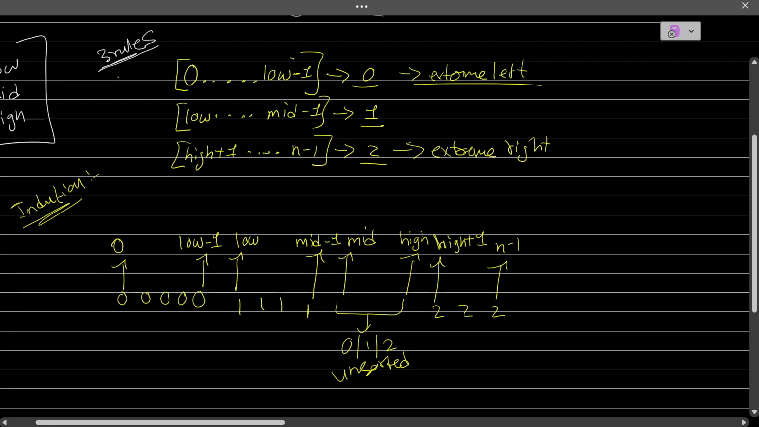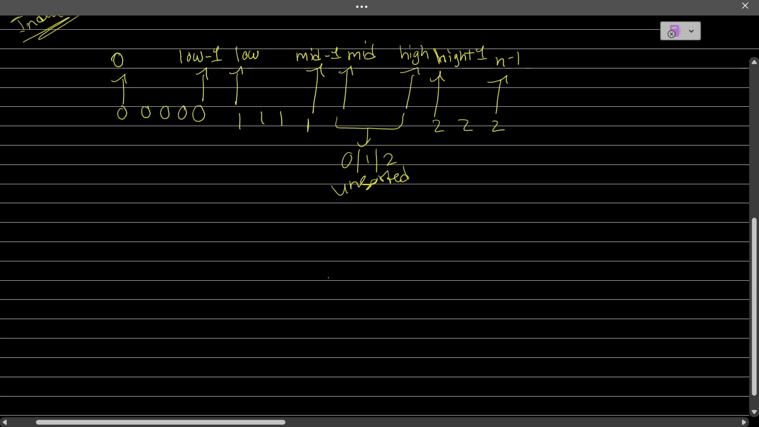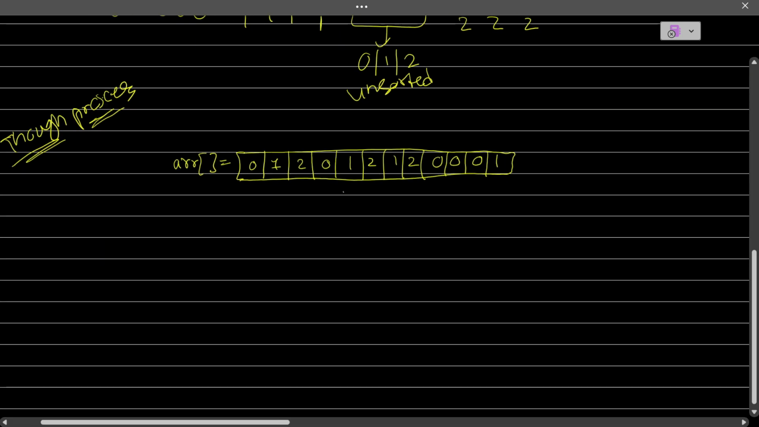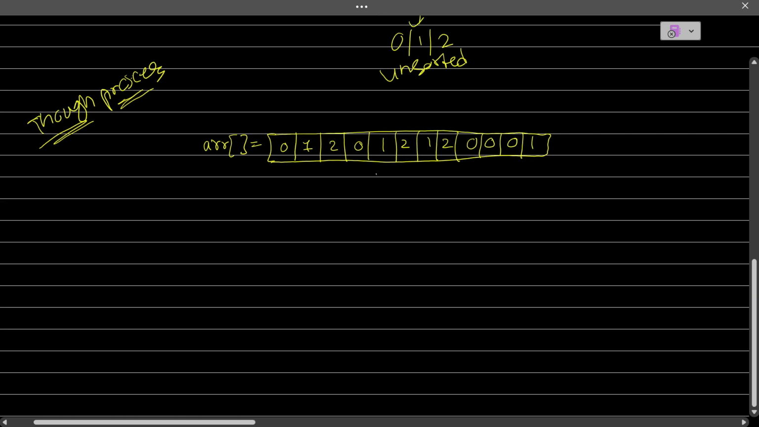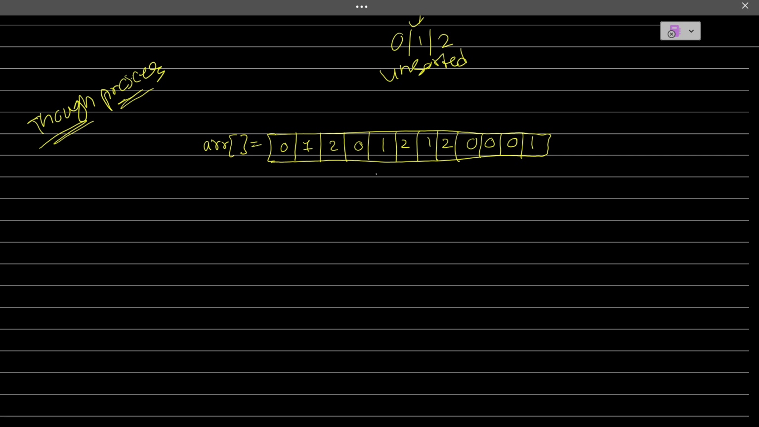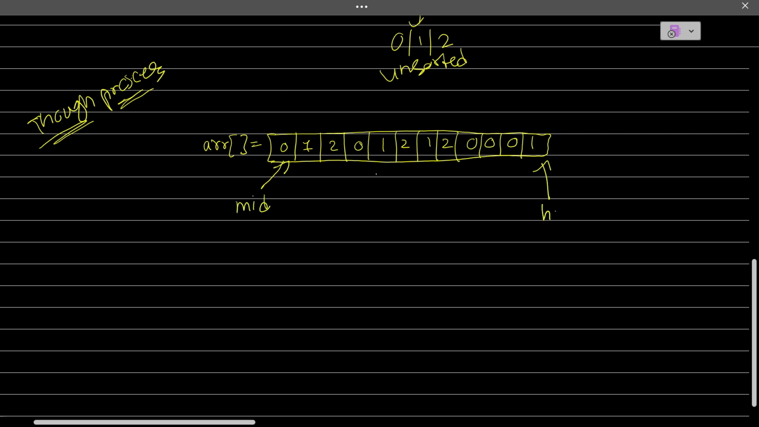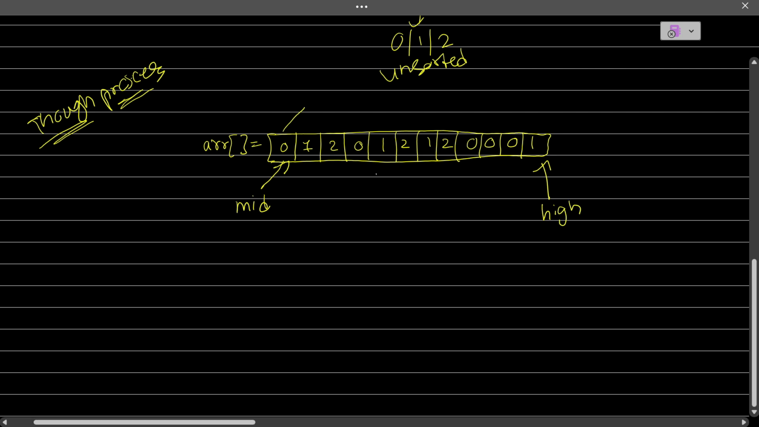So I'll explain my thought process here. This is my array, and I say mid is pointing here, and my high is pointing here, and my low is also pointing here. Why do I say it like this? Mid to here,